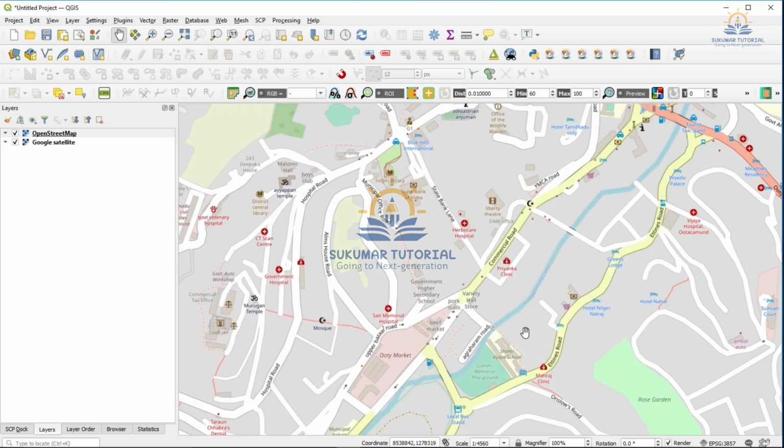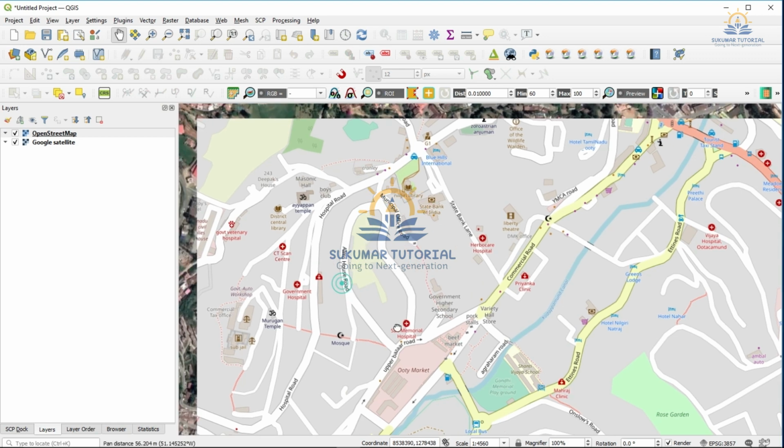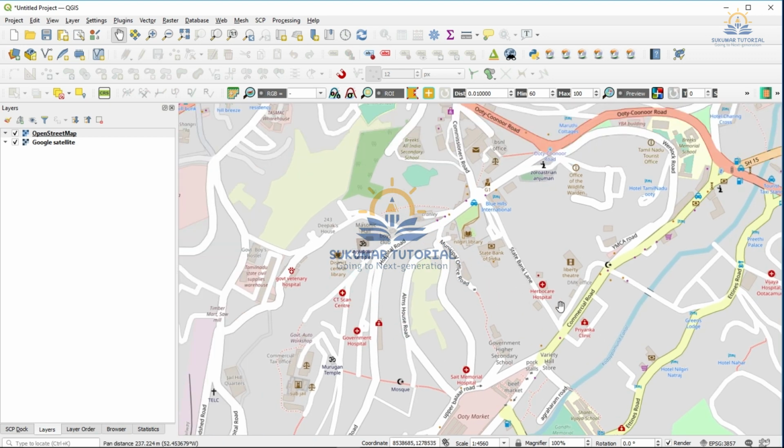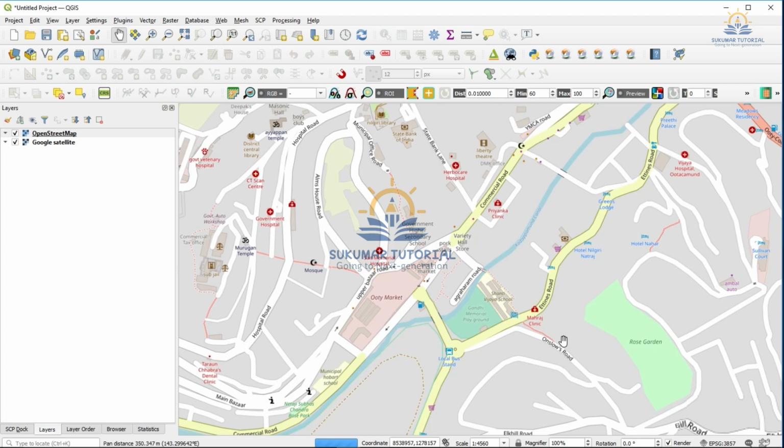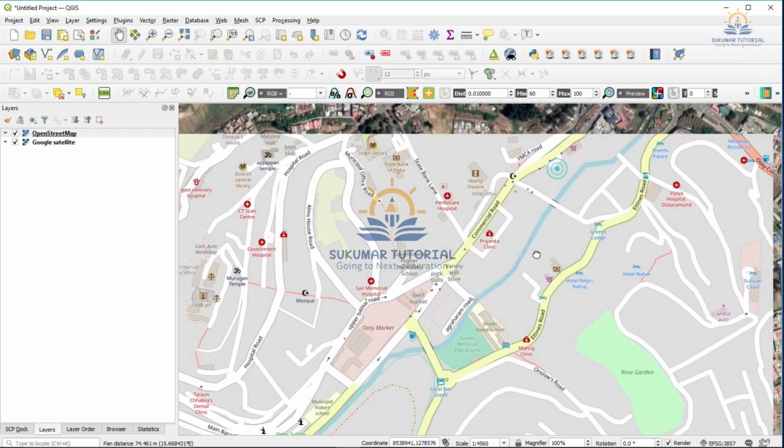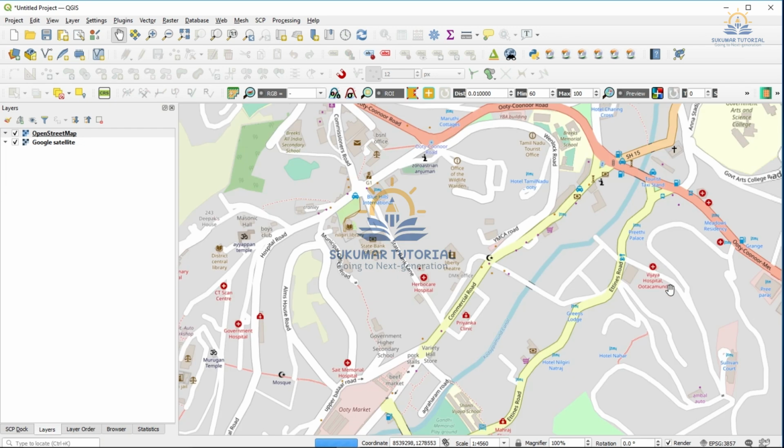See, in this OpenStreetMap you got point features like a number of hospitals, plus marks are there. See, the Ooty area, the racecourse area, and then you got a number of hospitals. Using point symbols, you can digitize all the hospitals.